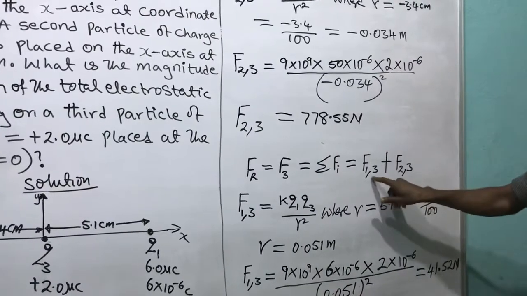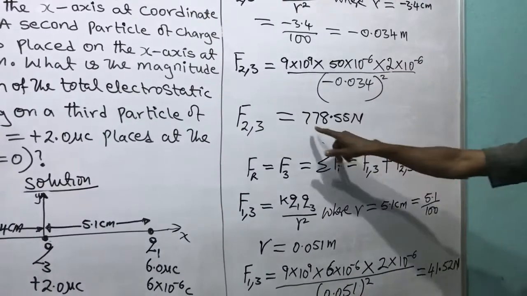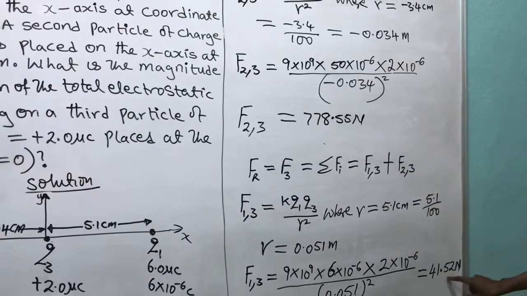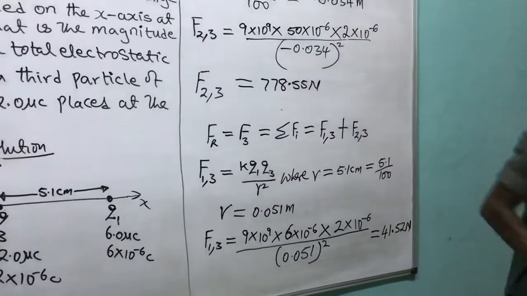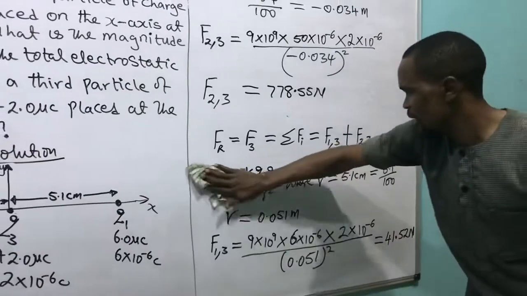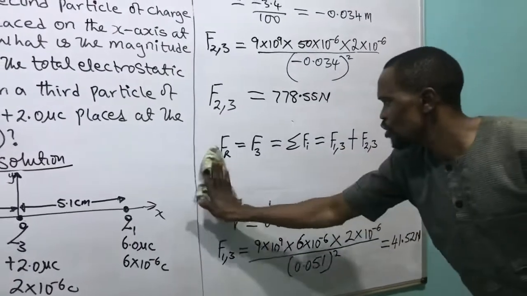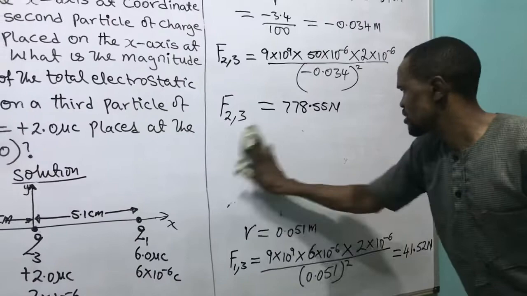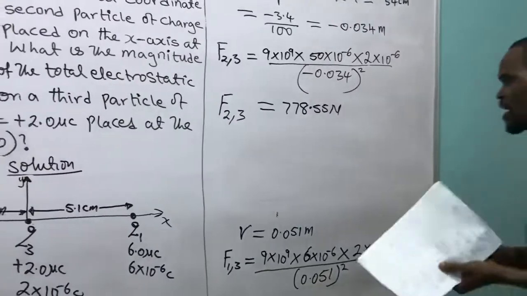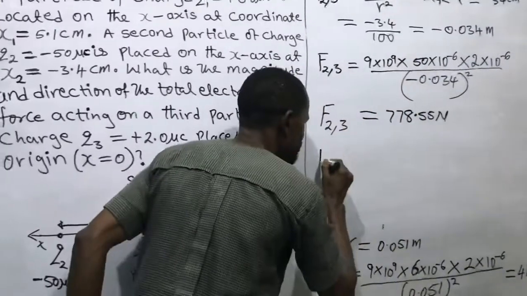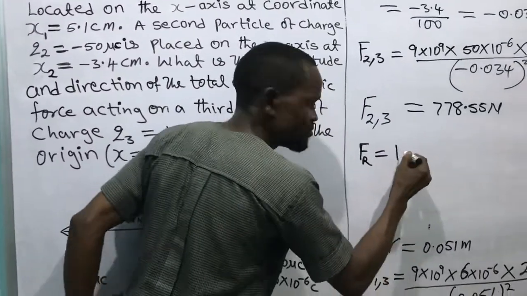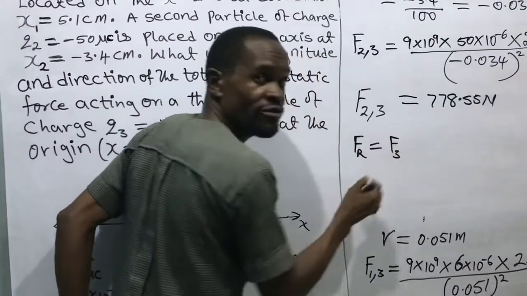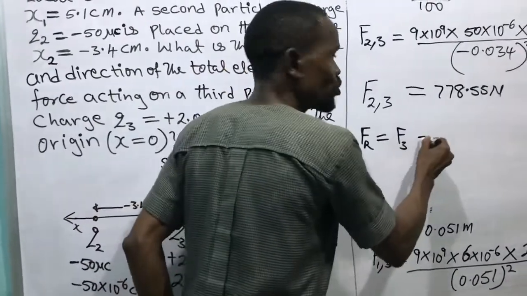Then the total force, which is the resultant force, we have already written it here. The resultant force will become this plus this. You add this to this, and you give me the resultant force, which is the force on Q3. Let us put it down. Then we'll have the resultant force Fr equals F3, which equals